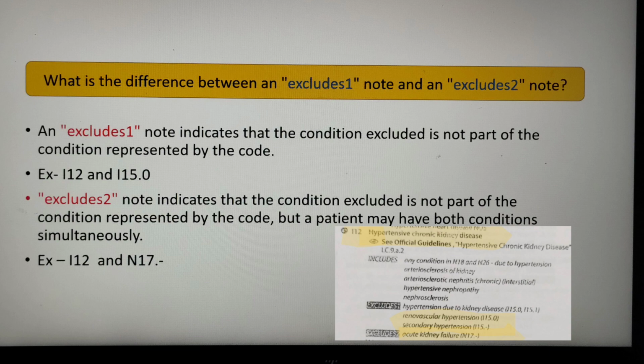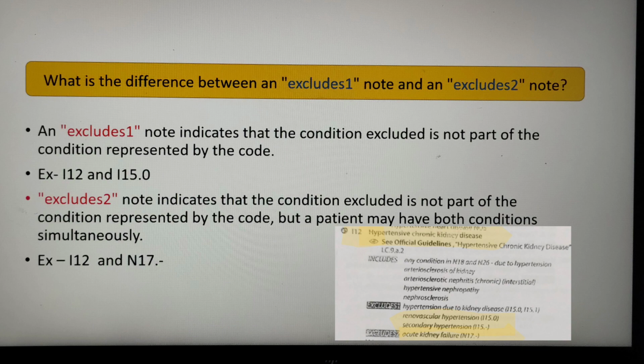This Excludes2 note indicates that the condition excluded is not part of the condition represented by the code, but a patient may have both conditions simultaneously. So here, Excludes2 indicates that the condition excluded is not part of the condition that is represented by the code, but both can be present in the patient simultaneously. Here both cannot be present in the patient, here both can be present in the patient and can be coded